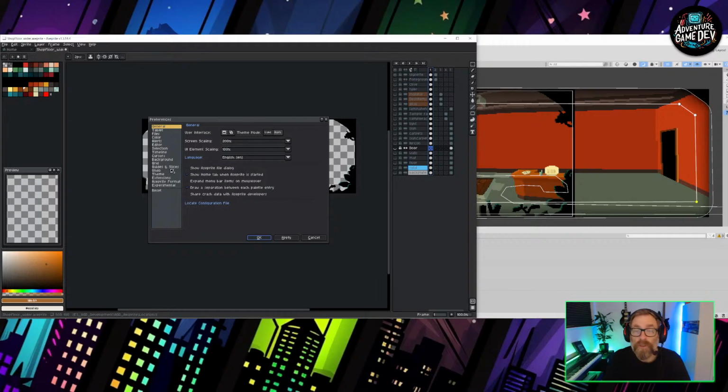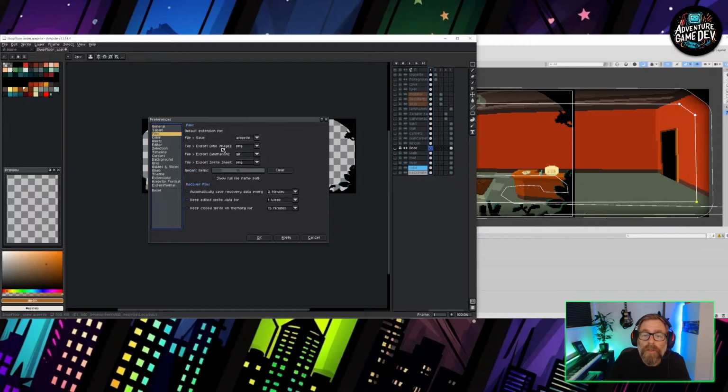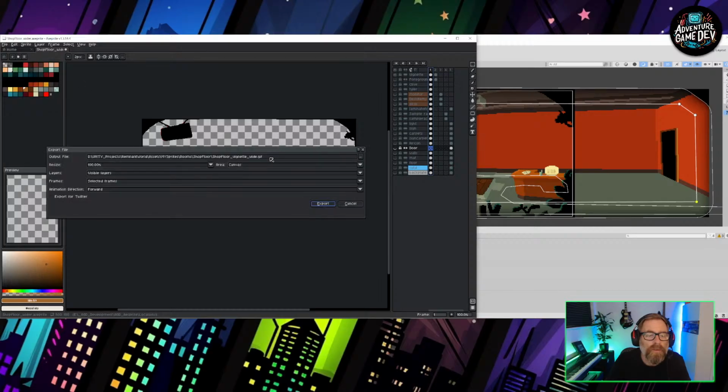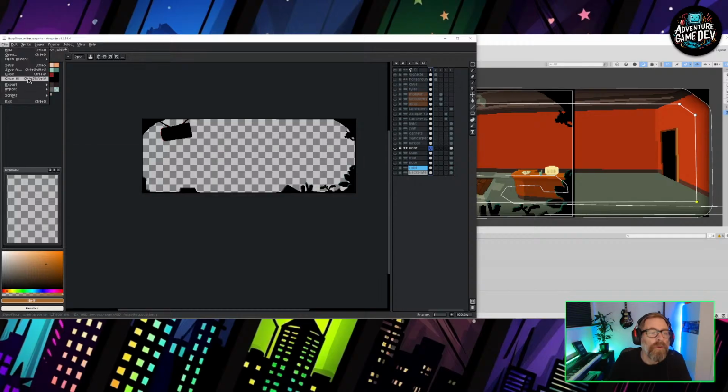Sprite's something I'm only just learning literally in the last couple of weeks, so this is kind of new to me. But file export, file export animation. I'm just going to set them both to PNG for now. I didn't even realise there was a file export one image. File export. Export as the only thing I can see. So let's just see that export as. No, it's still saying GIF. Visible layers, selected frames. I feel like I want to work out how to do this now. Unless